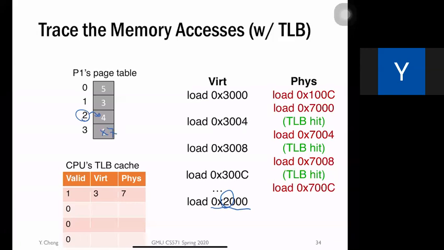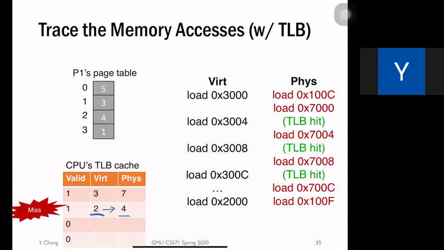If you search the TLB entry, this corresponding translation information has not been cached yet. So that means this very first virtual access to virtual page number 2 will be a TLB miss. Correspondingly, you populate the translation information, which is the map from virtual page number 2 to physical frame number 4, which incurs 1 extra physical memory access because you need to fetch the corresponding page table entry and